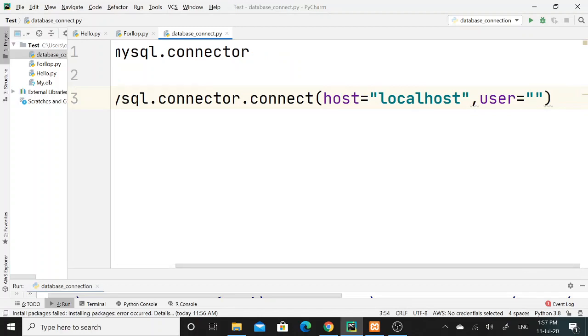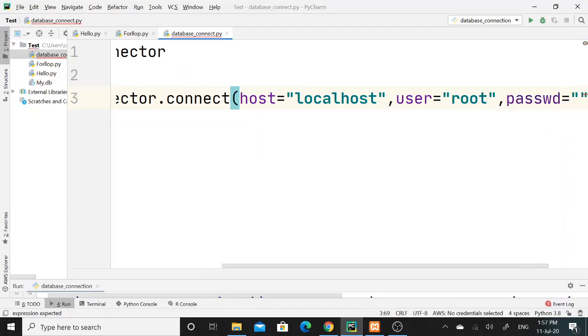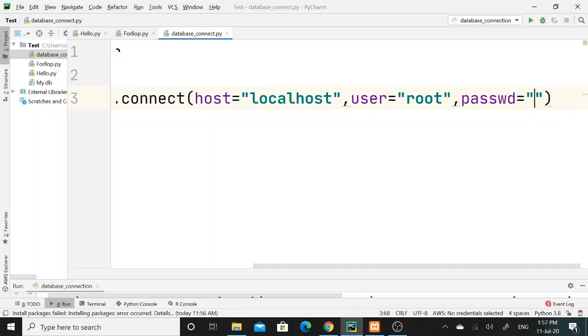My username is root, so I will write root here, and the third argument would be password. I haven't set any kind of password to connect to the MySQL database, so I will keep this field blank.